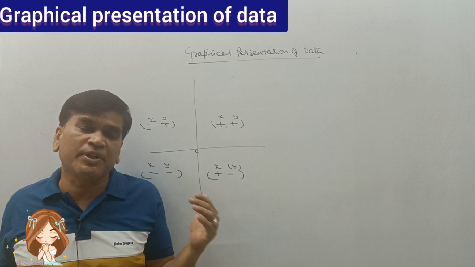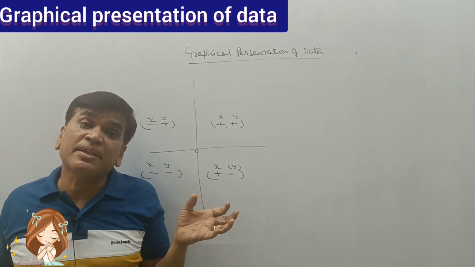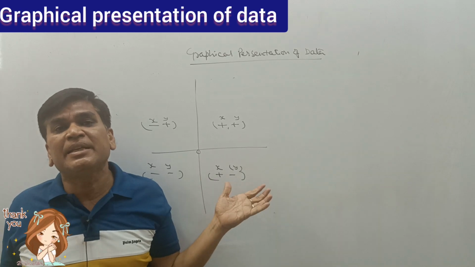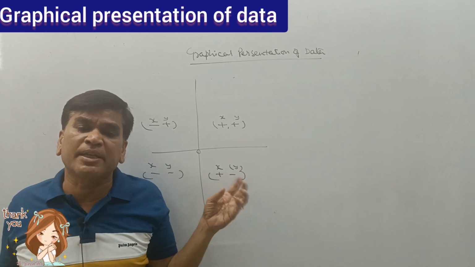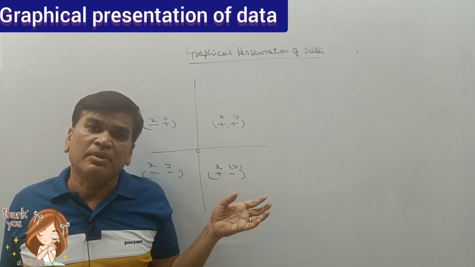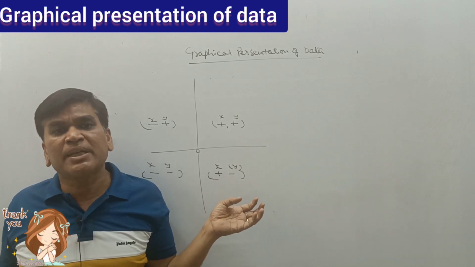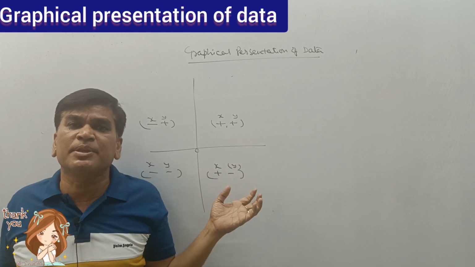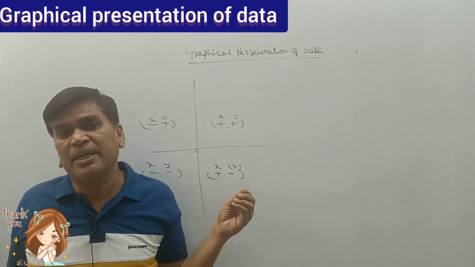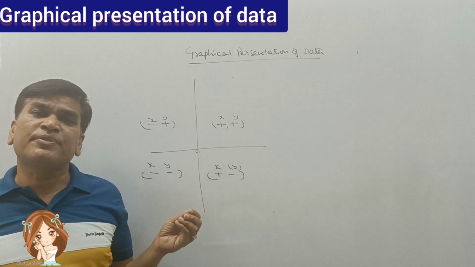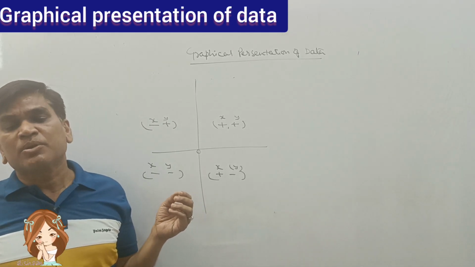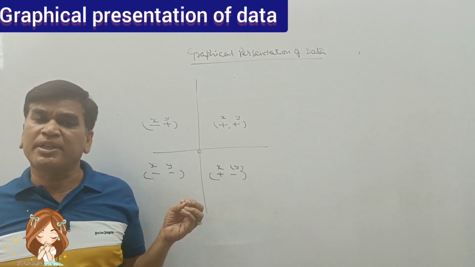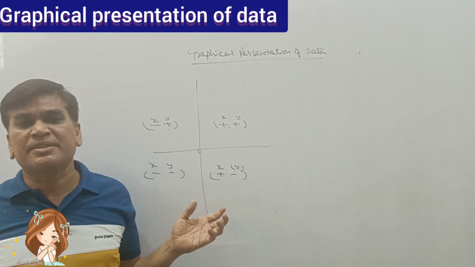In the next video we will discuss how we can calculate the statistical arithmetic mean, statistical mode, median, quartile, decile. With the help of this, we will see how we can find the correlation between variables, and how we can calculate with the help of the graph; analysis of variance is also possible. So in short, I should say that the graphical presentation of the data is very important as far as statistics is concerned. Thank you.